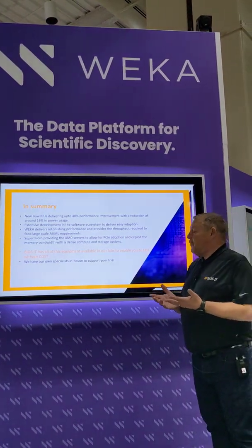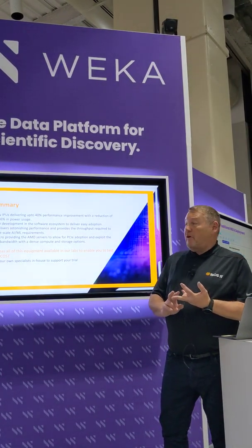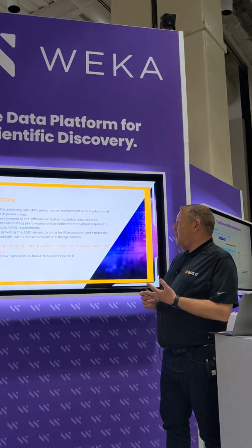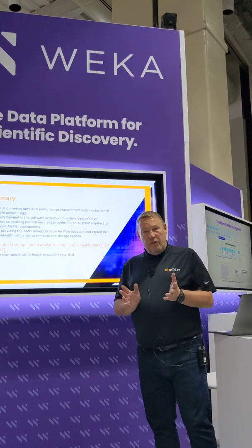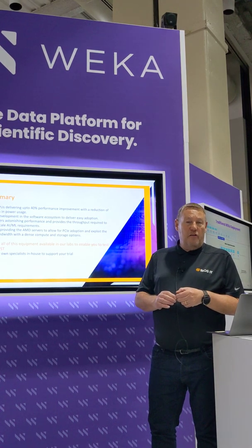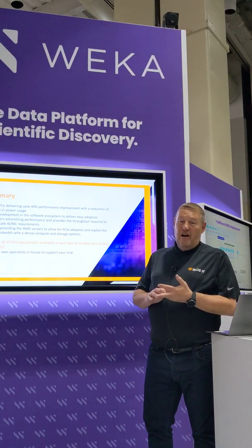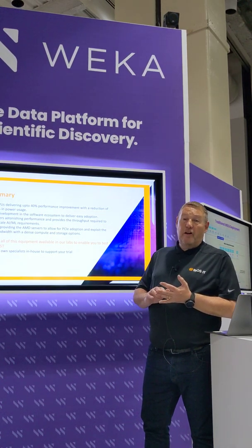So I guess in summary, the things that I really wanted to talk about are that the new IPUs deliver somewhere in the region of a 50% performance improvement on the last generation, with a reduction of 16% in power usage. They have extensively developed their own software ecosystem, and that was something that was kind of lacking in the first 1 or 2 years, but over the past year they've made leaps and bounds there. Weka delivers astonishing performance. The performance that we've seen at Genomics England when we were doing our pre-test